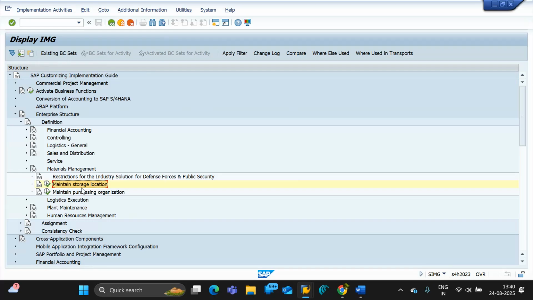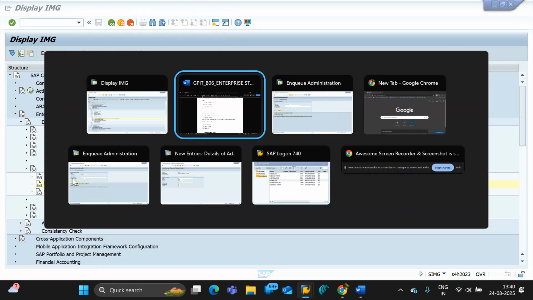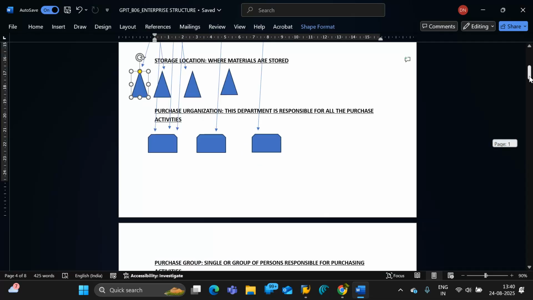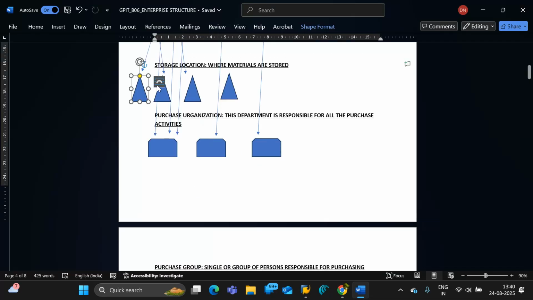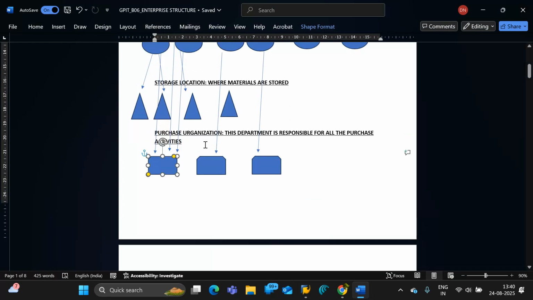Then what is the next in our structure? After the storage location, that is the purchase organization. This department is responsible for purchasing